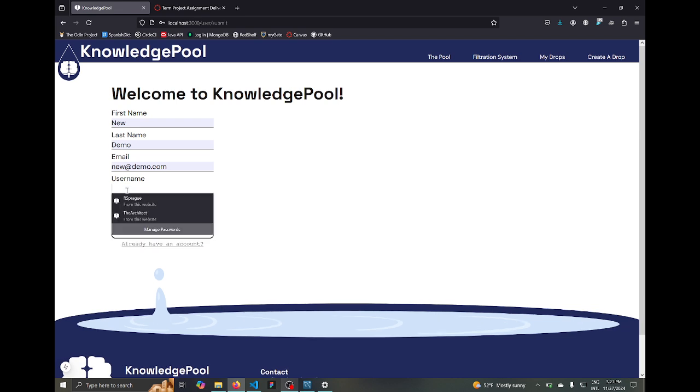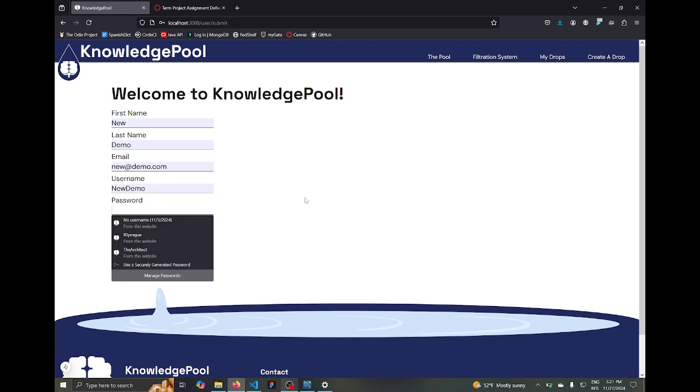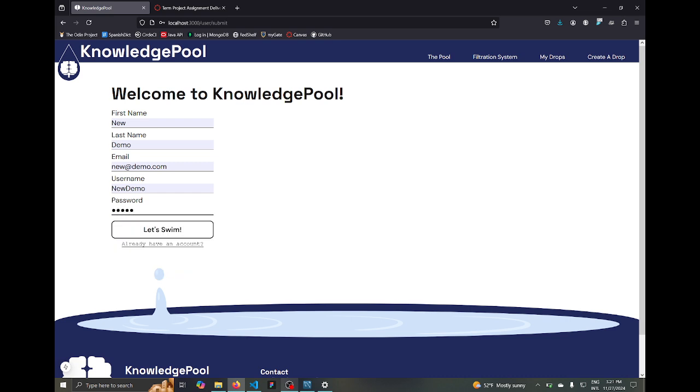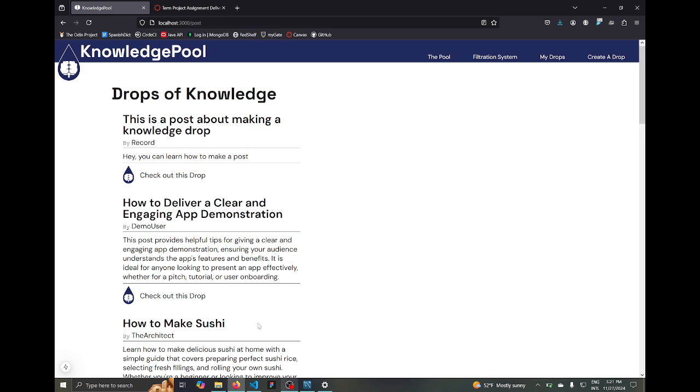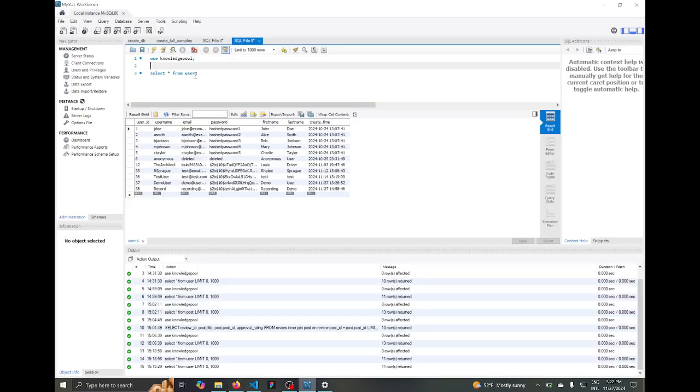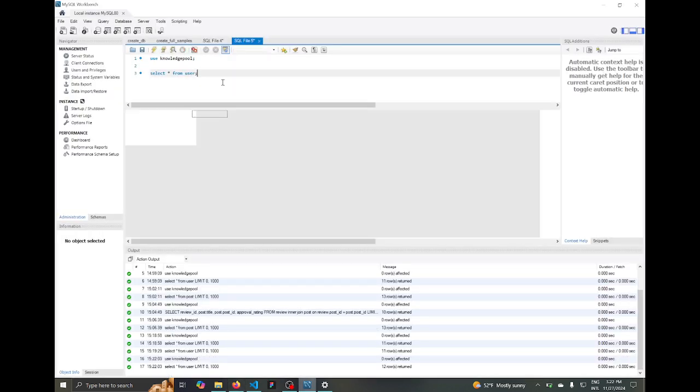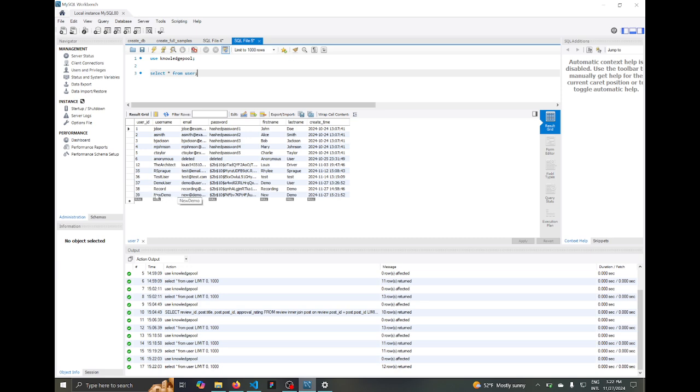So we can create a user, so new demo, new at demo.com, give them a username of, guess what, new demo, and then a password, and then we will submit that. So we can show in the back end that the submission was received, got this username, new demo, it was created just a minute ago,